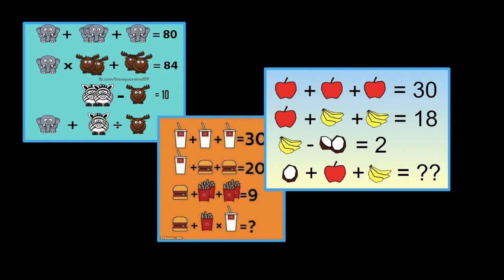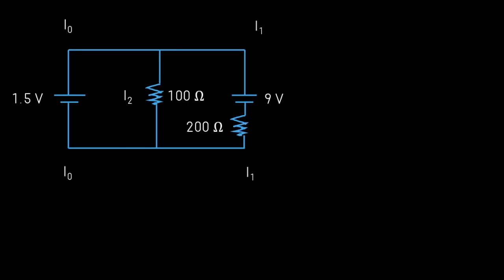Some of you might have bumped into these problems or even been challenged by some of your friends to solve these problems. People have different ways of dealing with this, from trial and error to wild guessing and to more formal ways. The goal is to find the values of objects given their equivalence when added or operated with other objects. While this may look trivial and informal, we might encounter the same problem in a more formal setting.